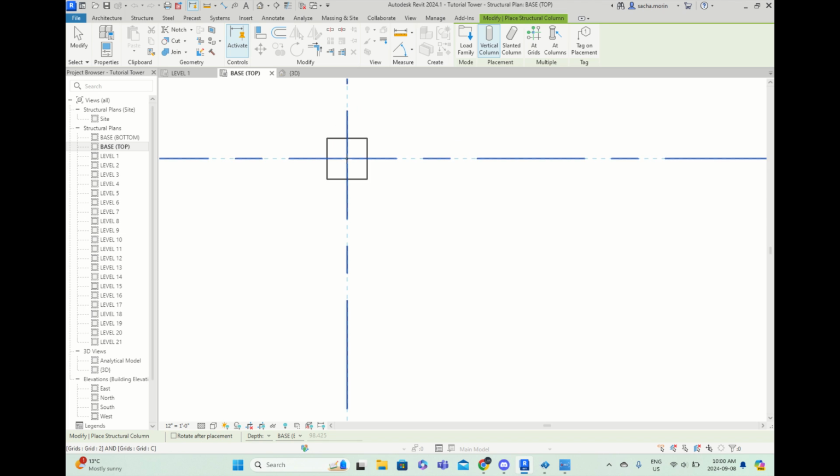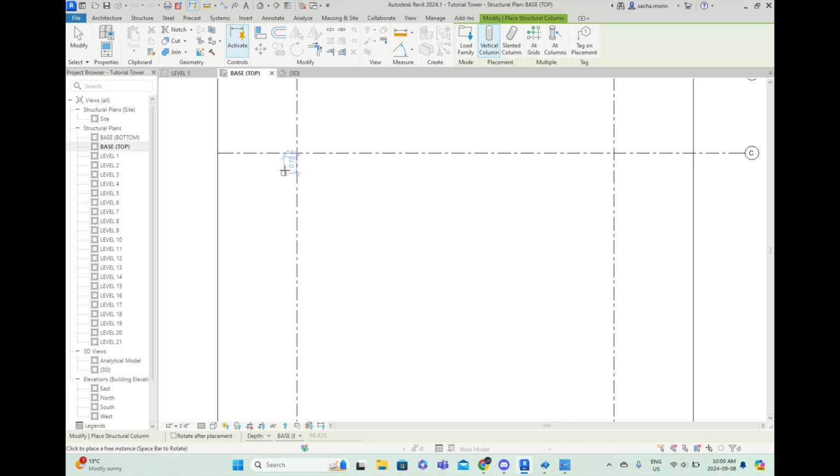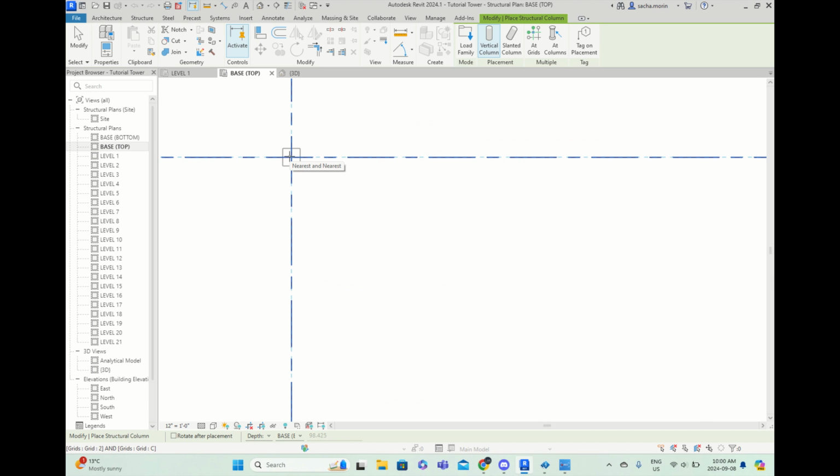So if I wanted my column to be centered between grid lines C and 2, I could do that here. But if I wanted, say, the top left corner of my columns to be at grid line C2, then that